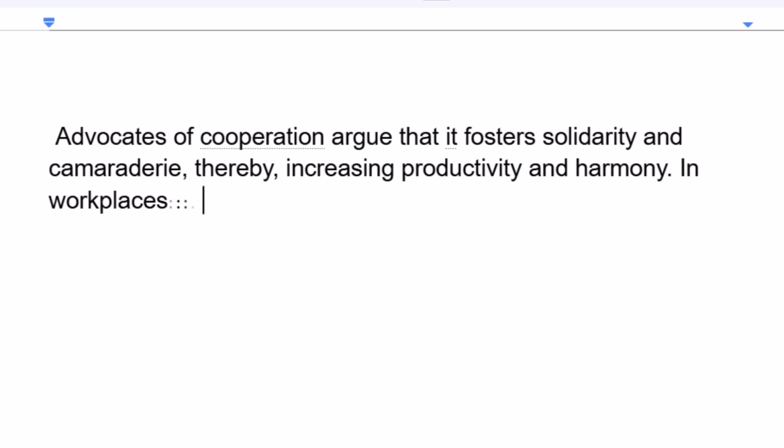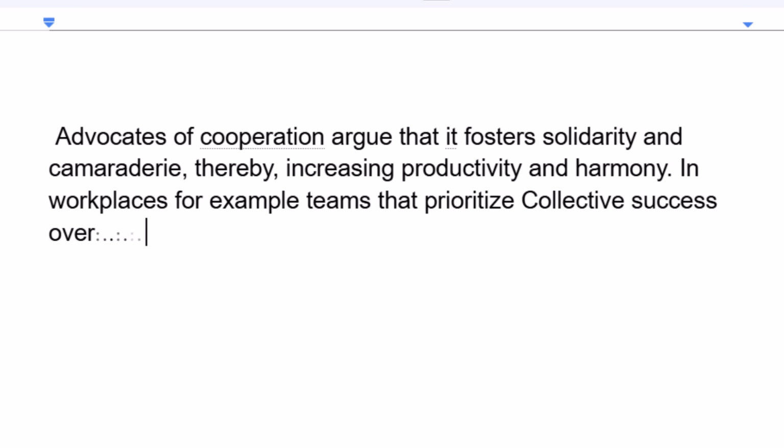So up to here, we need a general statement to support our topic sentence. Let's deal with workplace because it has been directly mentioned in the topic. One of the implications of collaboration at work instead of competition is that people come up with better ideas when they put their heads together. When a problem arises, they can consult, they can support each other, and they can have better ideas to deal with them. In workplaces, for example, teams that prioritize collective success over rivalry tend to generate innovative solutions through knowledge